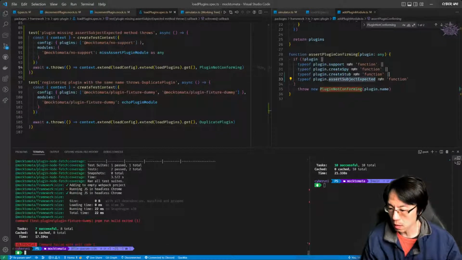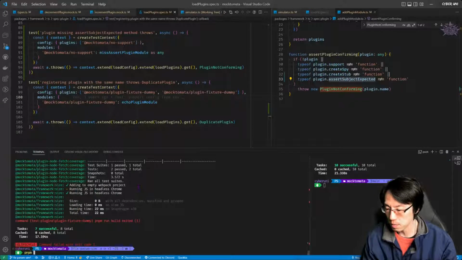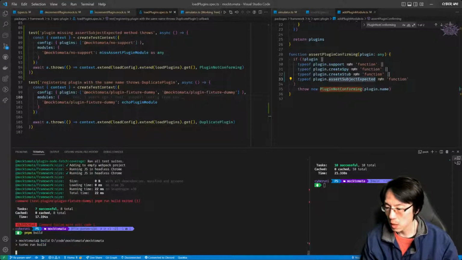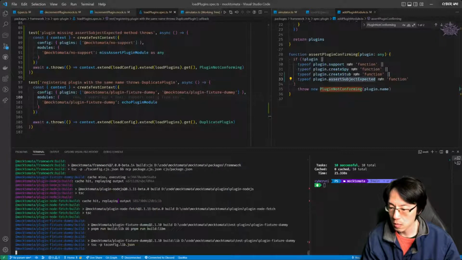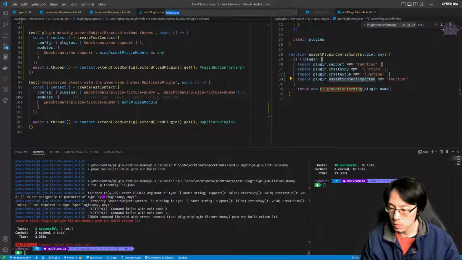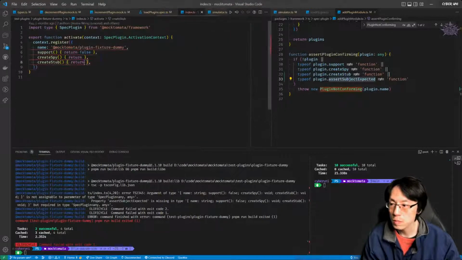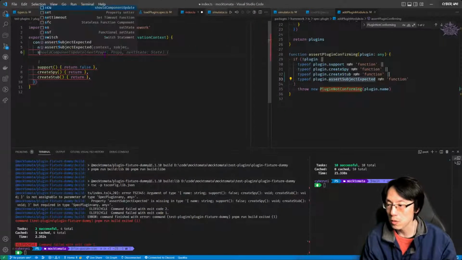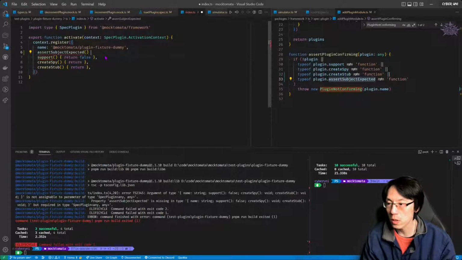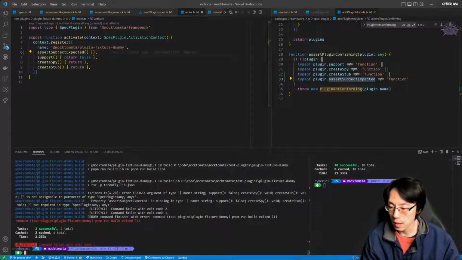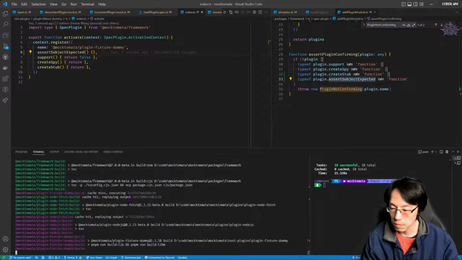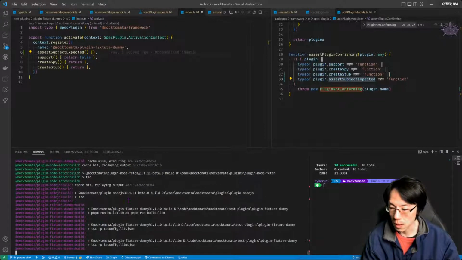Okay, plugin dummy build fail. Let's just run that, because I need to set that assert function in. There might be some other